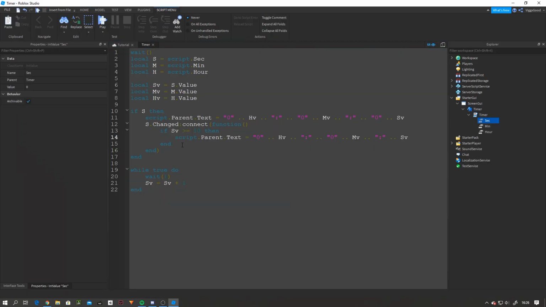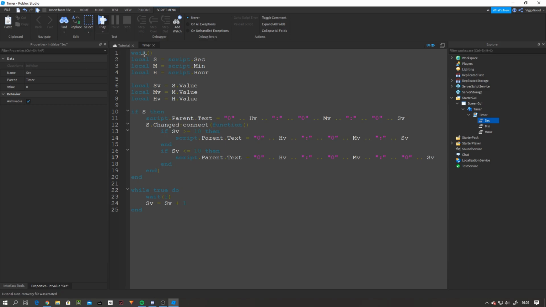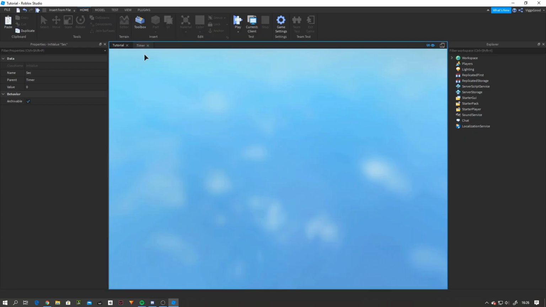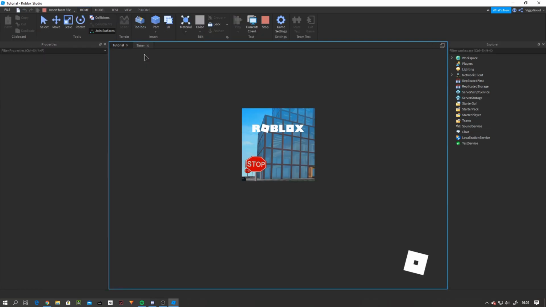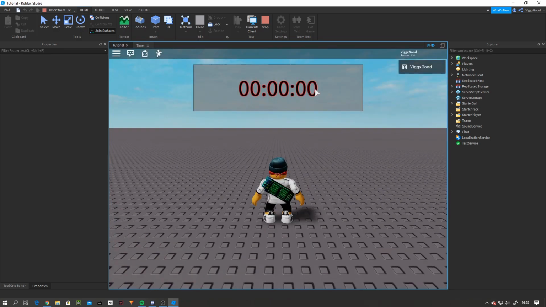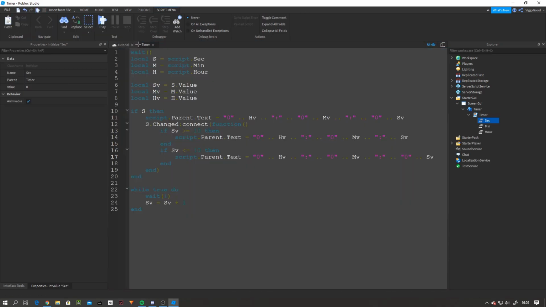And we're also gonna have an if SV is less than equal to 10, then the same thing but with a 0. So let's try this and hope it works now, otherwise I don't know, to be honest. Wait, did I script .parent.text is equal